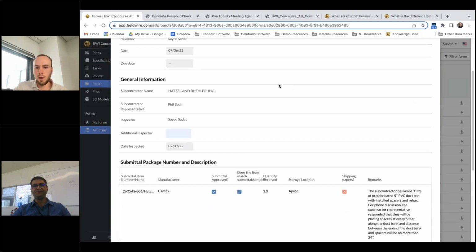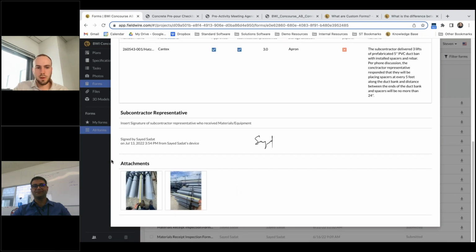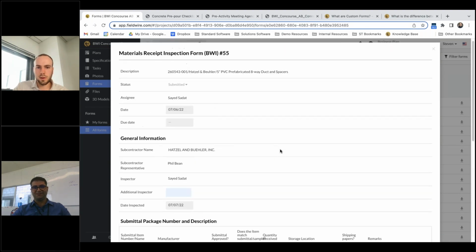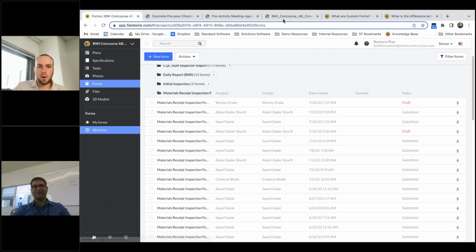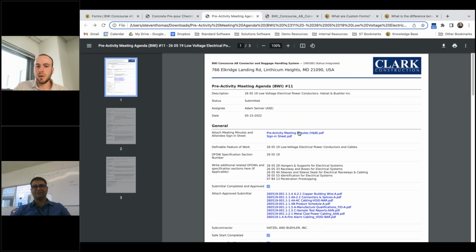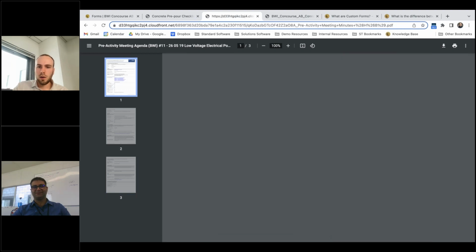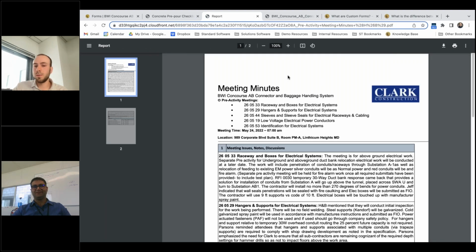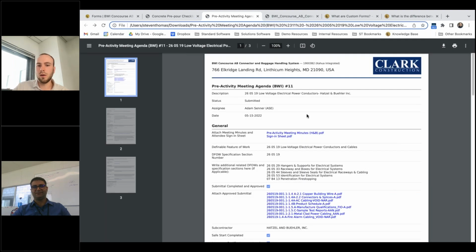Oh, nice. Yeah, just showing a couple of forms here. These are great, like these material inspections as well with the photos. Oh, that's great. The other thing I want to note on these forms, which I don't think we covered earlier, is that anything you attach to your forms, those links are going to be live. So when you export your forms, even if they're not on Fieldwire, all those links are going to work and they're going to be able to see anything you attach to it.